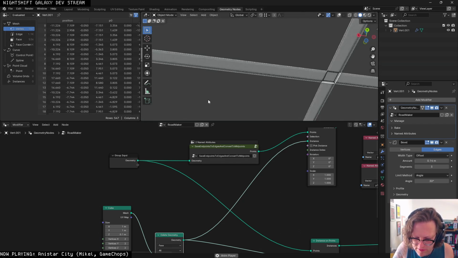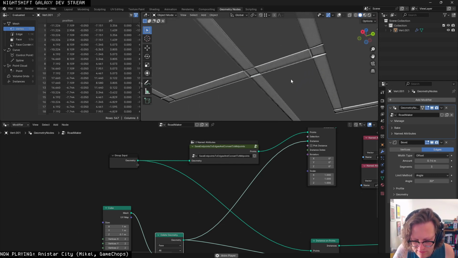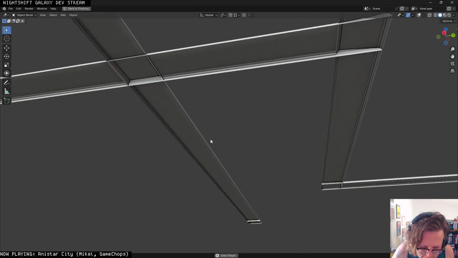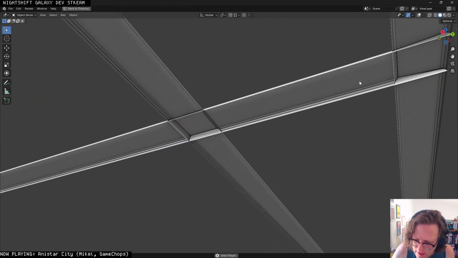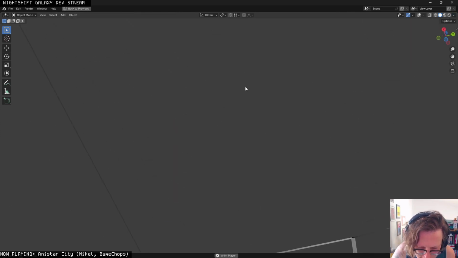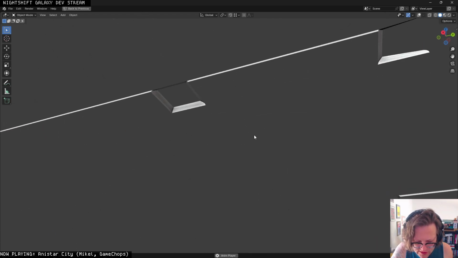But you can still see we still have those annoying internal faces at the junctions to get rid of. Make that a little bigger. And actually, I'm going to look in here. I think I can hide back faces. Okay, yeah. So you can see it looks like at these junctions,